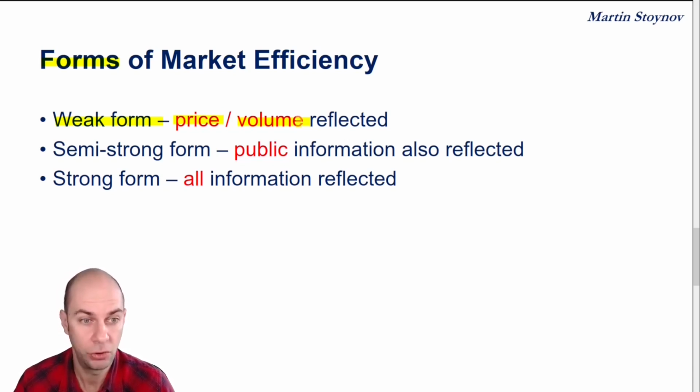Notice that this builds on the weak form. So if a market is semi-strong form efficient, it also is weak form efficient. So according to the semi-strong form version of the EMH, all price and volume data are reflected, as well as all publicly available information. So that's your analyst reports, that's your mass media, that's your social media, that's pretty much any forums, anything that is available to the investing public is reflected in the